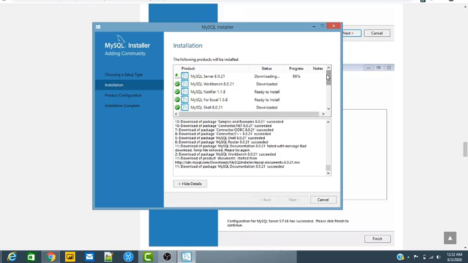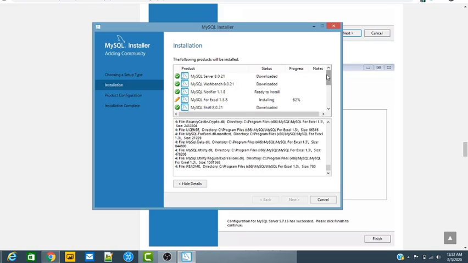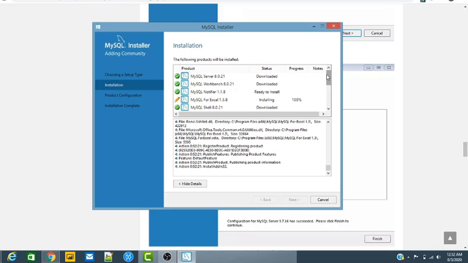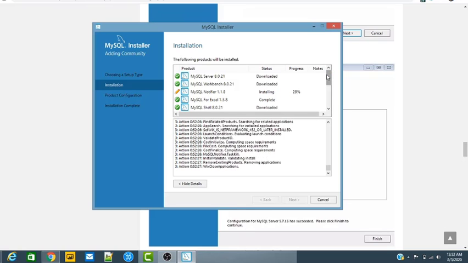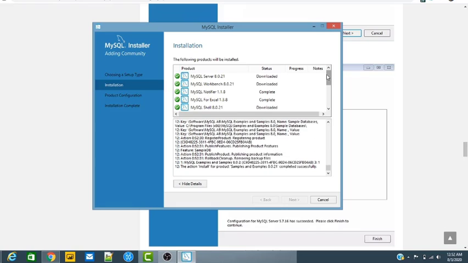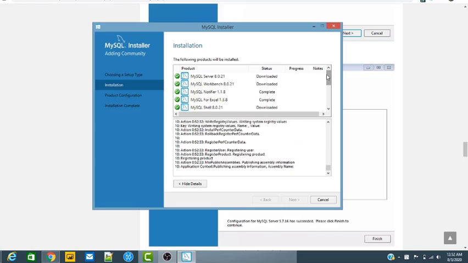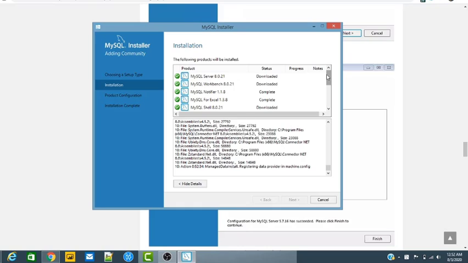I give the detail because some people do not understand how to install MySQL on our laptop. So we are waiting for the downloading to complete.